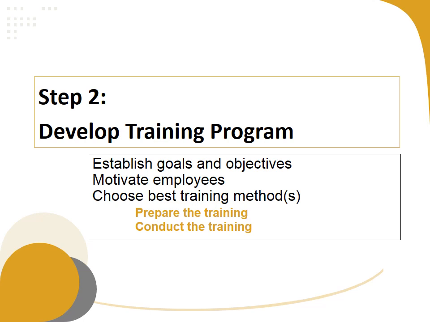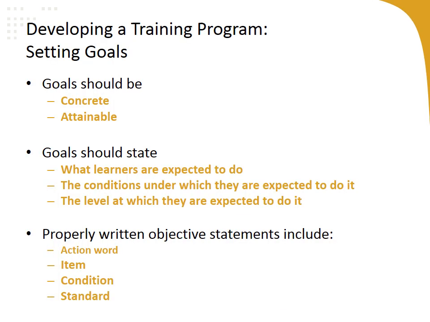So once you've identified the tasks that you're going to target with training, you need to develop a training program that's targeted at specific goals and objectives associated with the tasks that you want employees to learn how to perform. That's also going to be motivating and engaging for employees. And that is the absolute best method for delivering the training that you decided on.